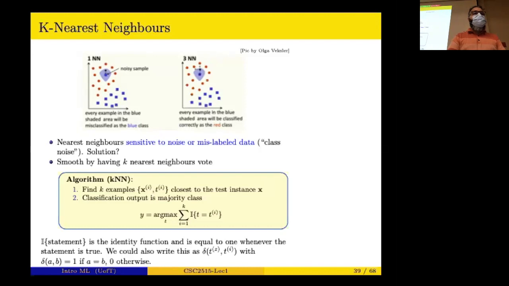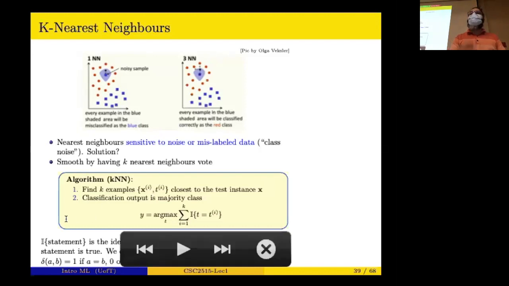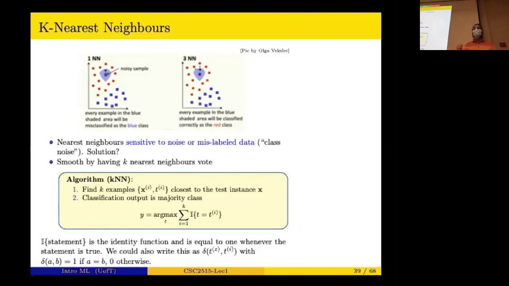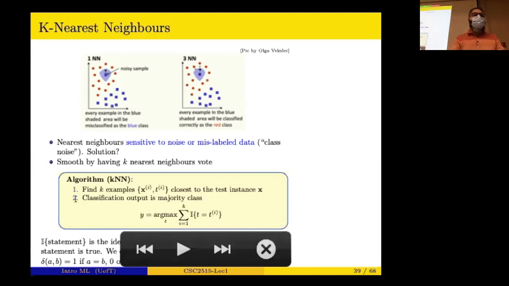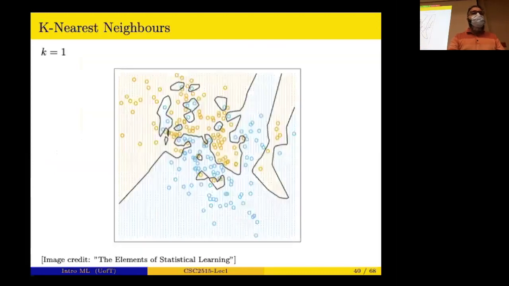The algorithm is very similar to the previous one, but for each data point that you query, your X, you find the closest K points, 5 points for example, and then see what their labels are. Maybe 4 of them are apples and 1 of them is orange. Your output of the algorithm would be apple. So you take a majority vote between them, and that is what this algorithm is trying to do.